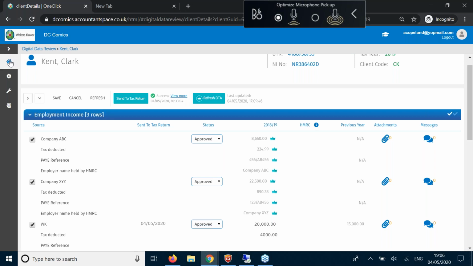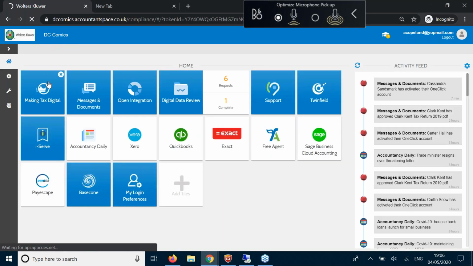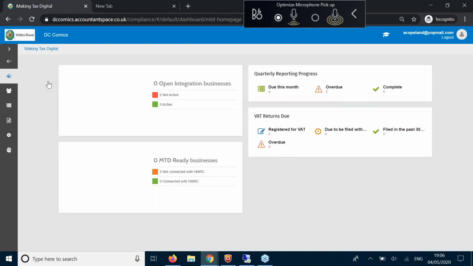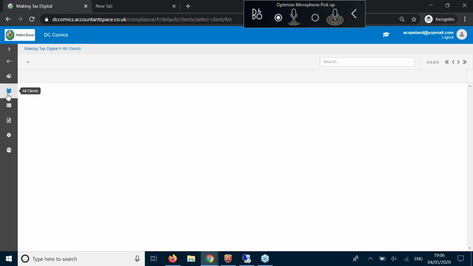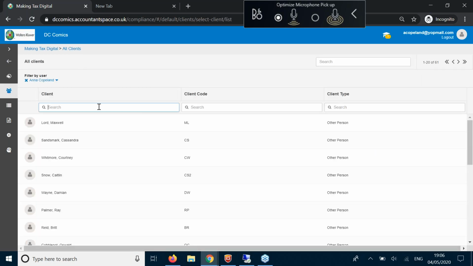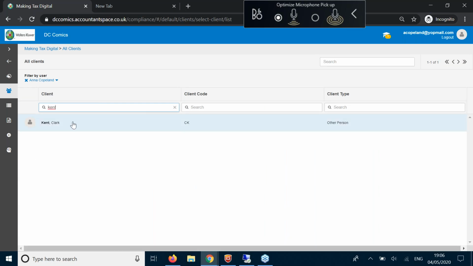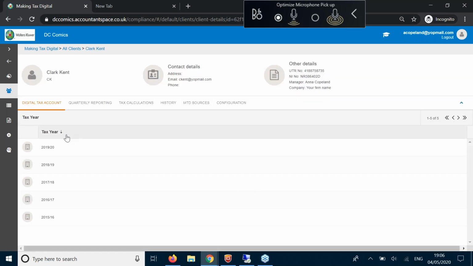And what I think I will show briefly now, we've spoken about data collection, we spoke a little bit about the information that comes from the digital tax account. We do have another area where you can see this, which is in that Making Tax Digital section that I mentioned earlier, which really holds all things Making Tax Digital that the government have been working on. If we go back into our client here, Clark Kent, and again, we open up that